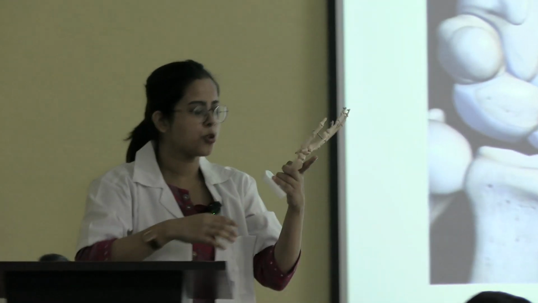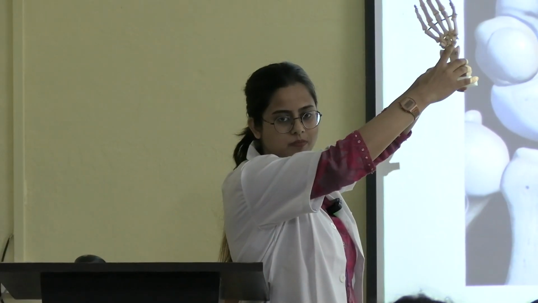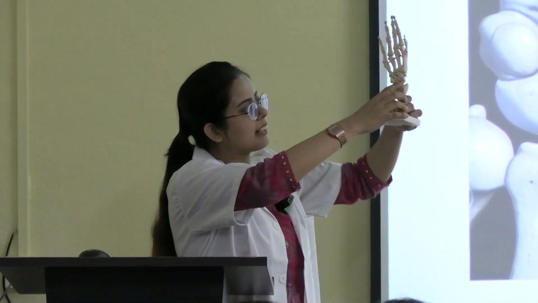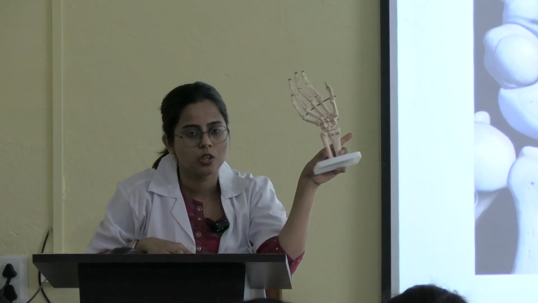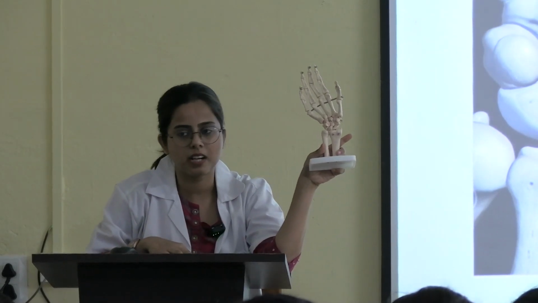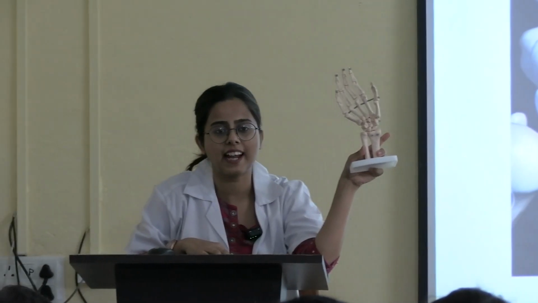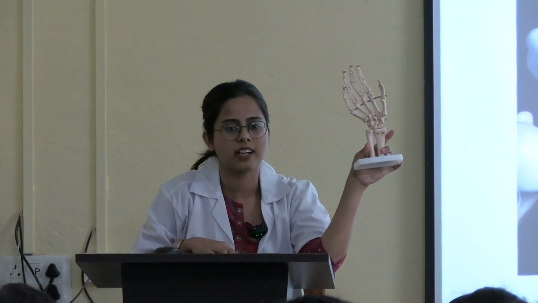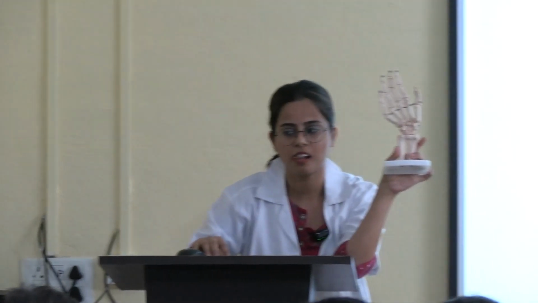The most common part of the scaphoid which can get fractured is the waist of the scaphoid. Clear? So when this part gets fractured, blood supply will be disrupted. So the proximal part will not get any blood supply, and the proximal part of the scaphoid bone will get necrosed. So this is known as avascular necrosis of the scaphoid bone. Clear, or should I explain again?